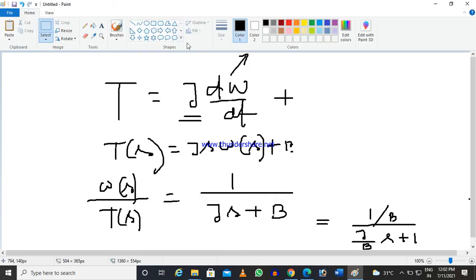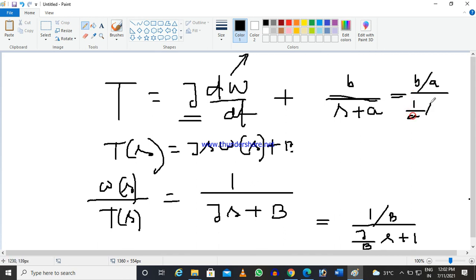So we can write it as B by s plus A, in this format. Now if I divide both sides by A, I get B by A divided by (1 by A s plus 1).